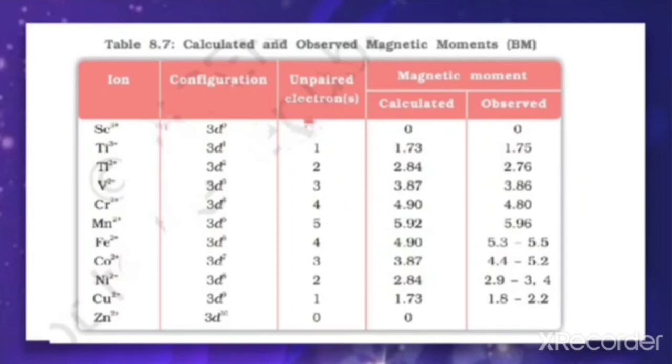So that means there is no need of doing a calculation there. Once you have a formula, for a problem related to this, just put the value of n in the formula and directly you can come up with the answer without doing a calculation. You just need to remember, when n is equal to 1, your magnetic moment will be 1 point something. If it is 2, 2 point something. Now what is that something? That also you can remember very easily from this chart.